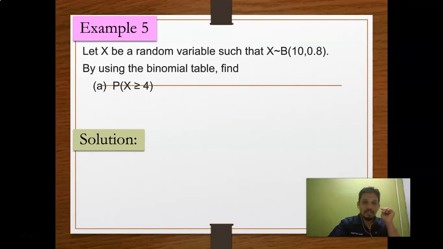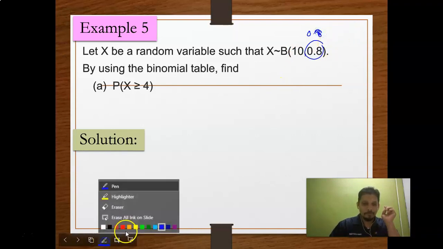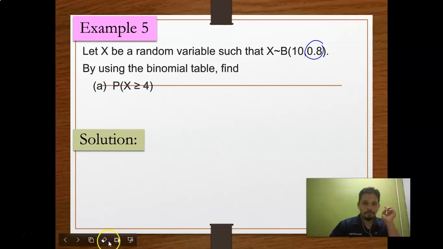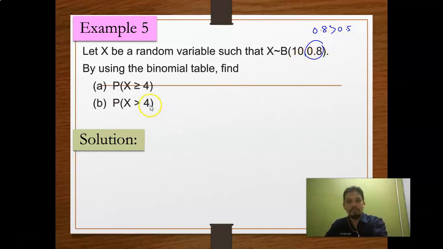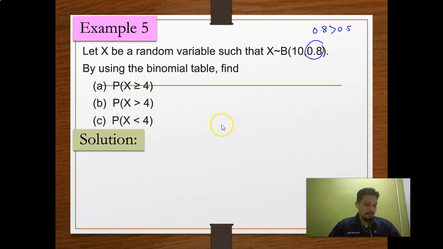Okay, let x be a random variable such that x is binomially distributed with n, the number of trials, equal to 10 and p is 0.8, where 0.8 is greater than 0.5. Okay, using the binomial table, find the probability of this. Okay, so for this one here, the first one, A, probability of x greater than or equal to 4